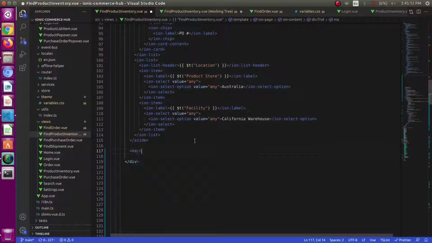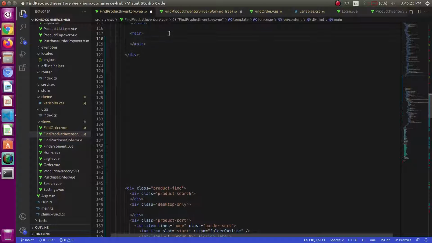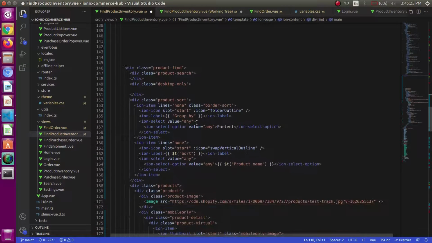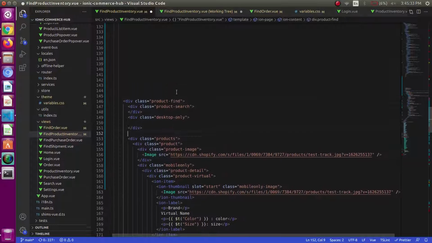After that, we have the main portion of our page, which will be in the main tag. As I told before, these semantic tags are so helpful. They easily tell the new user which portion belongs to which thing, which is the section, which is aside, or which is main.